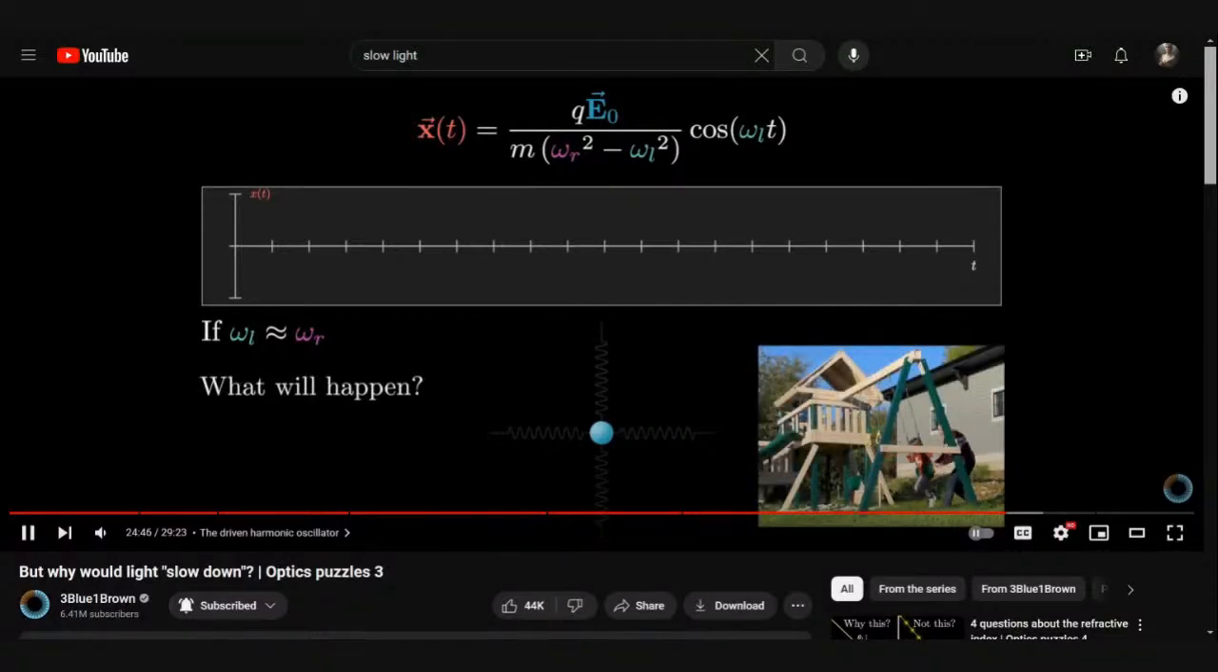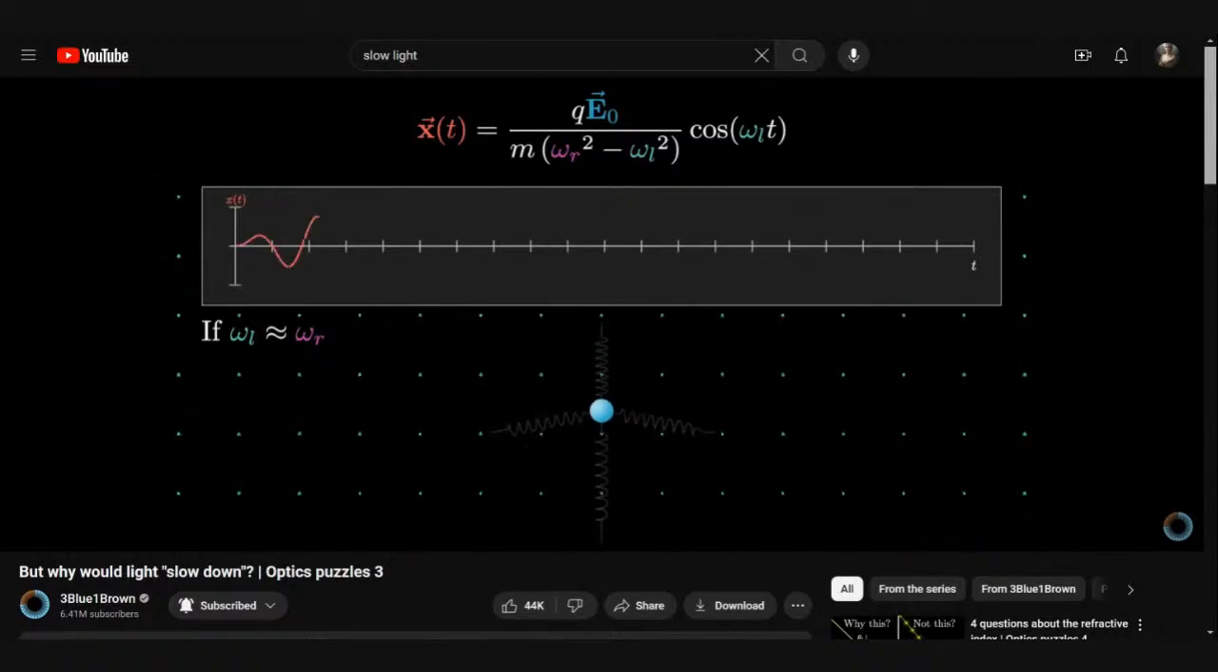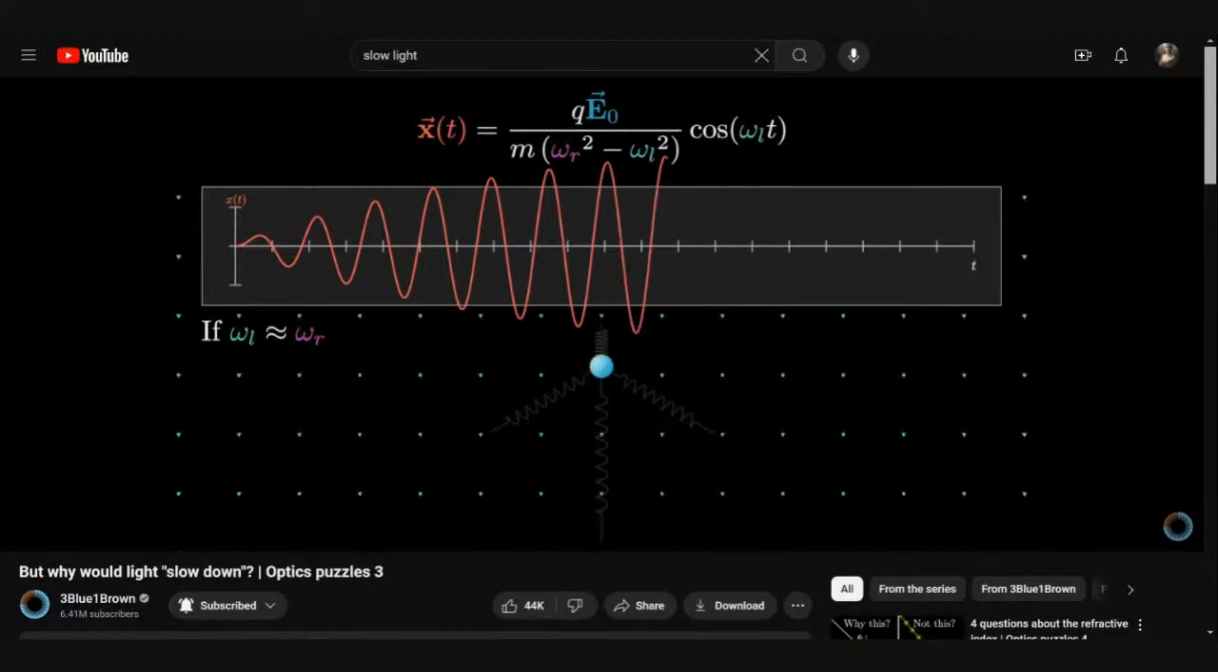This is analogous to the normal situation of pushing a child on a swing, where the frequency of your force lines up quite closely with what the swing wants to do. In this case, running the simulation, notice how the oscillations of that particle will grow and grow and grow, becoming quite large over time. Some of you may know the famous example of the Millennium Bridge in London, where on